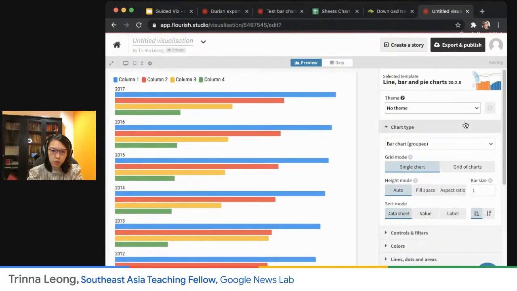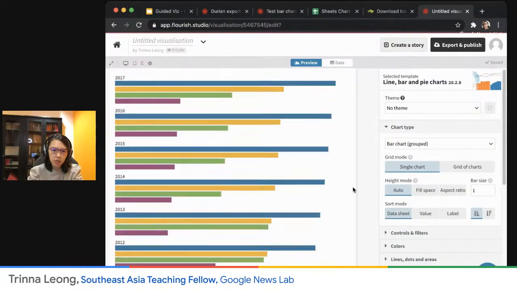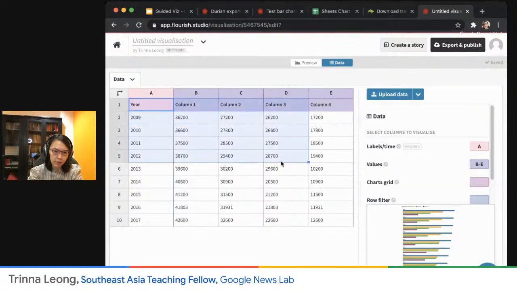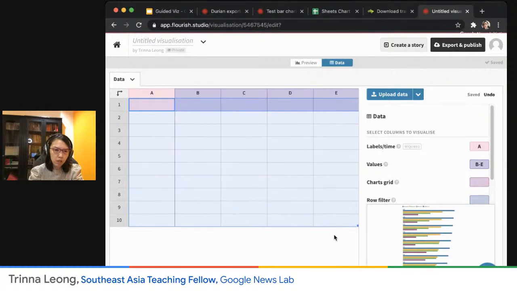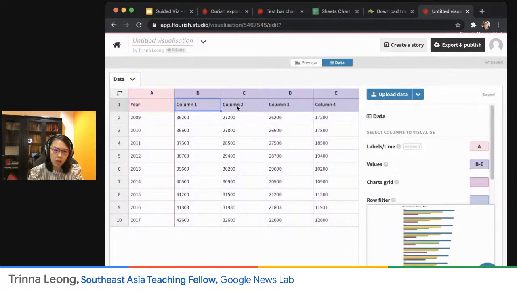And by default, you will see no theme for you. So this is what I will see, right? And I would want to modify this to the data that I have. So I would just clear all this. These are guidances, just FYI, you can see the year is here, the column. The great thing about Flourish is that they will recommend how to format your data,